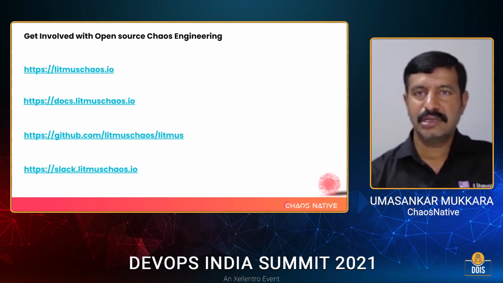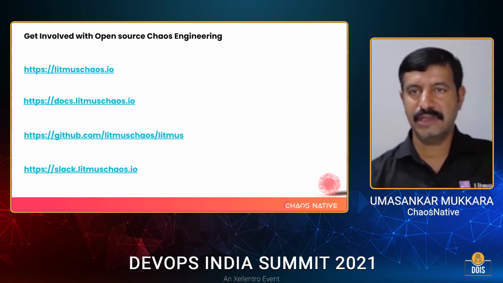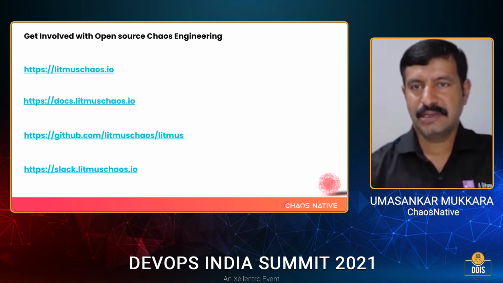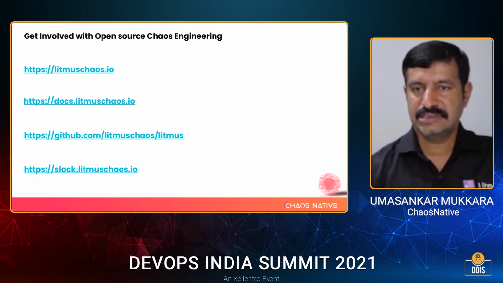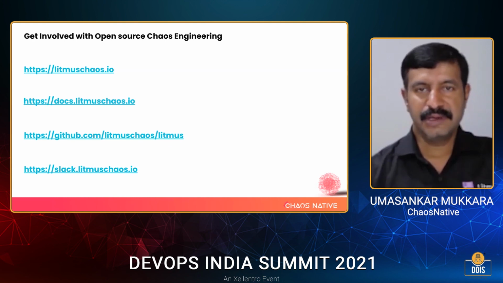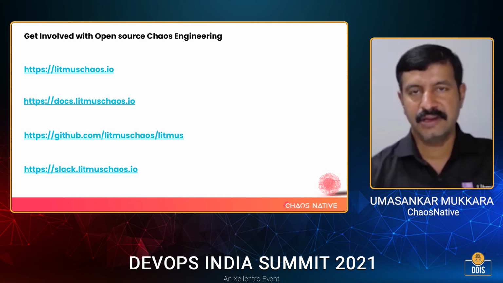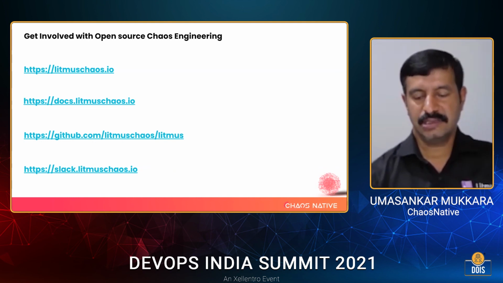So how to get started with chaos engineering using Litmus is through the following links. You can go to our website, or the Docs is a good place to start, and everything happens in GitHub. So there are multiple repositories in GitHub which you can get involved with. The primary repository is Litmus itself, and there is a large, vibrant community which is a part of Kubernetes Slack. We are on a channel called Litmus. Inside Kubernetes Slack, you can join and get started by asking for whatever clarifications you need.